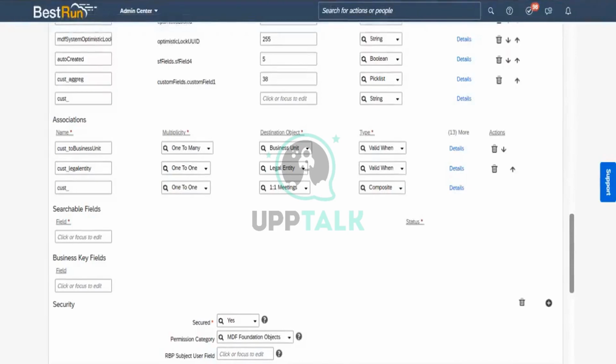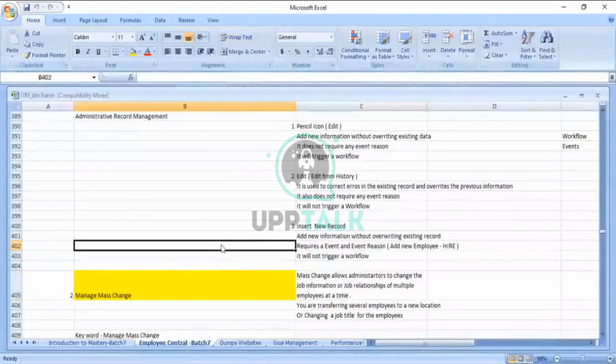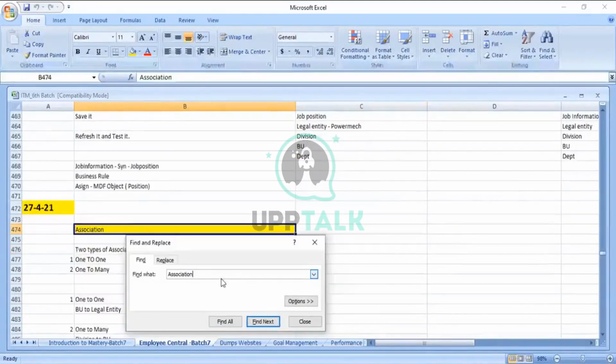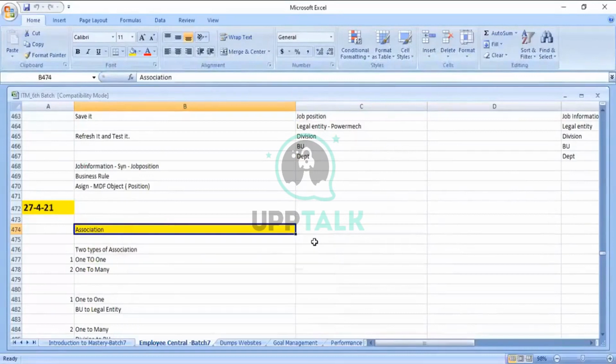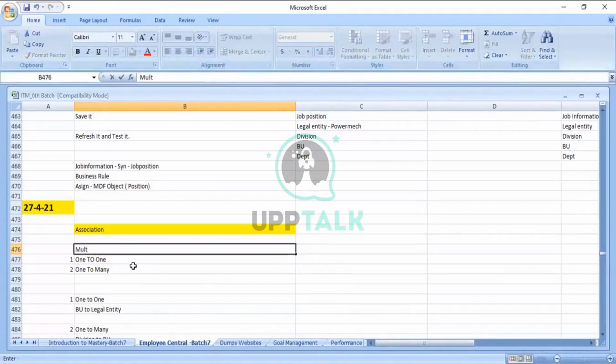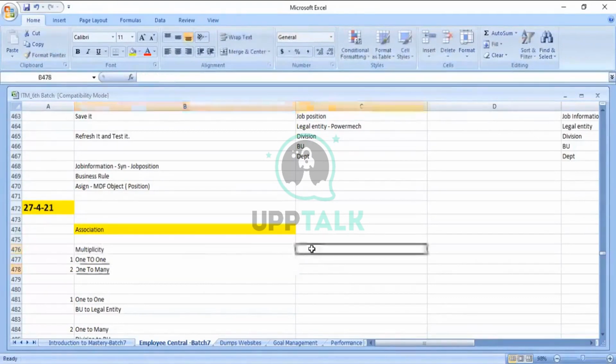So I will take you into my Excel sheet, where I have the document prepared for association. Here, just a correction: multiplicity is 1-to-1, and when we discussed types of association, the first one is